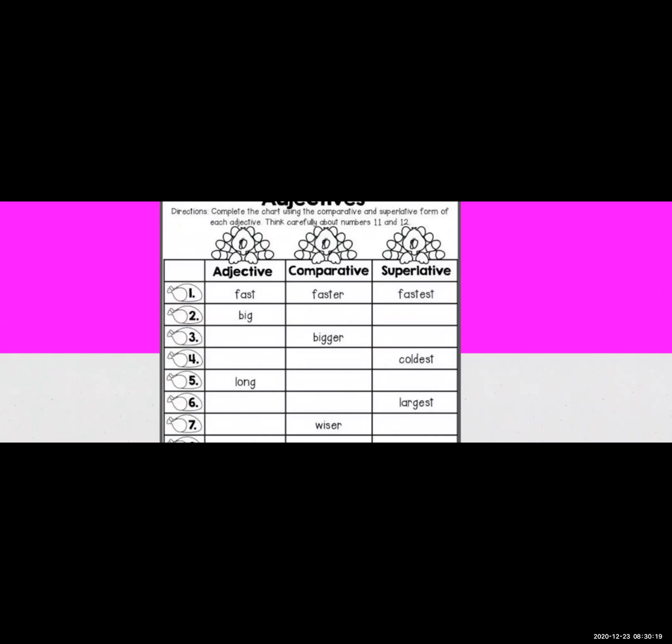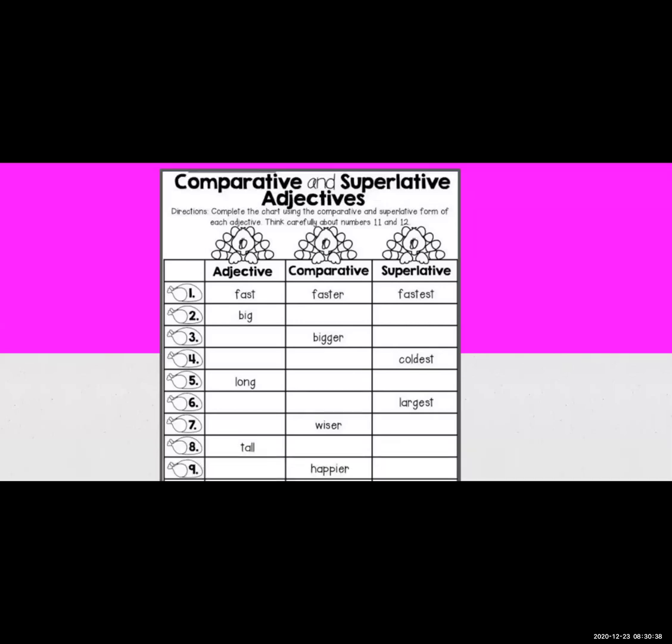Okay, so fast, the first one, fast will become faster, and then in superlative form fastest. So in the comparative form we have added er. Fast is the basic word, we have added er, it became the comparative form, faster, and in the superlative form it became fastest. est has been added. Likewise big will become bigger and biggest. The third one is also the same, big, bigger, biggest. Fourth one, cold will become what, you have to guess.